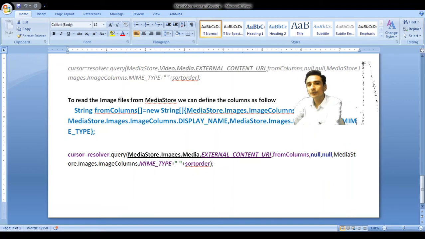Right now we want to read data of images, so we will write here MediaStore.Images.ImageColumns._ID. Then MediaStore dot, ID would not be there, I think.